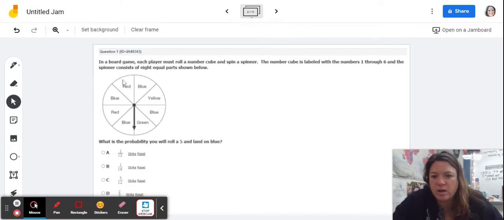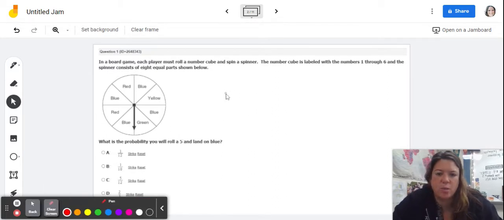So this is question number 1. In a board game, each player must roll a number cube and spin a spinner. The number cube is labeled 1 through 6. The spinner has 8 equal parts. What's the probability you will roll a 5 and land on blue? So there is 1